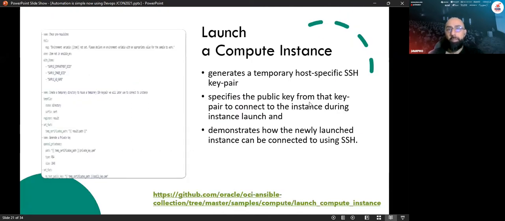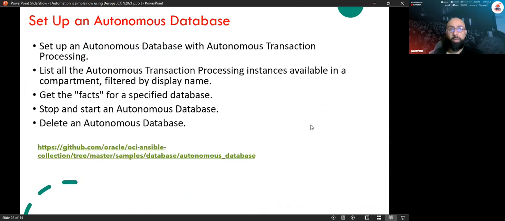Here is another example, but using the cloud, using Ansible. This allows, for example, generating SSH keys automatically and sending the private key to the user. After this, it will, for example, generate or launch the instance, or the compute instance, in the cloud. So either it's going to be, for example, OCI, Microsoft, or AWS. It will work with Ansible, no problem.